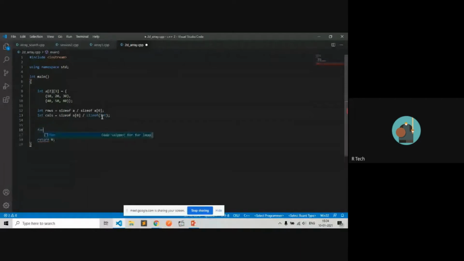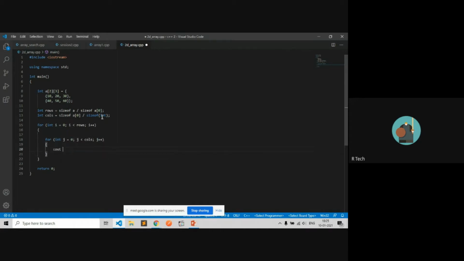Now we will print the rows first. Now the second loop is a nested loop. Integer cols: how many columns are there? Now let's try to print them.